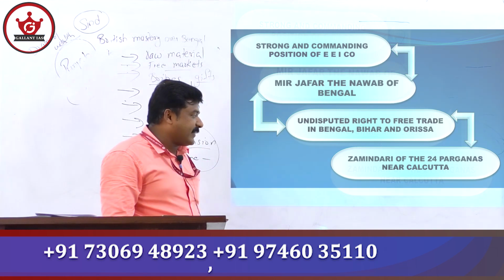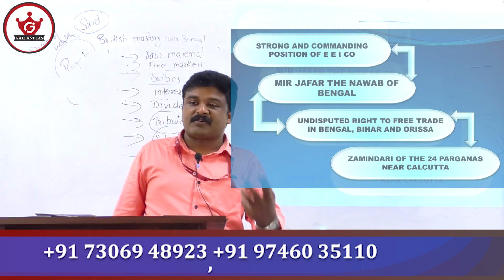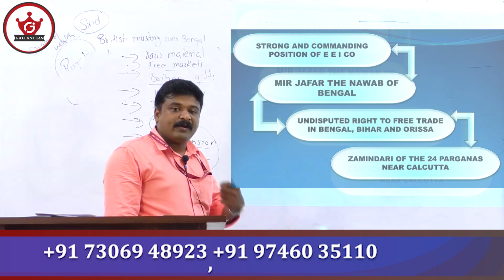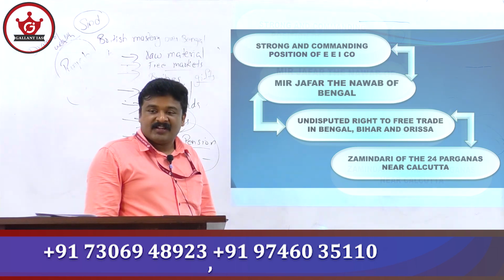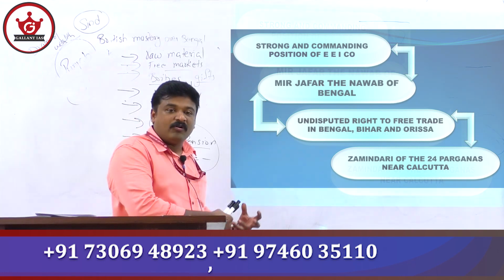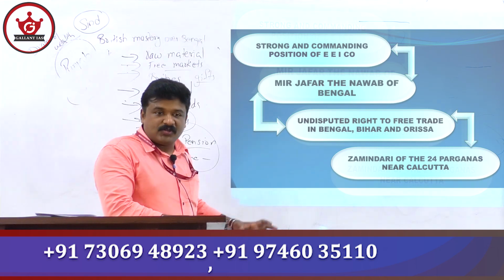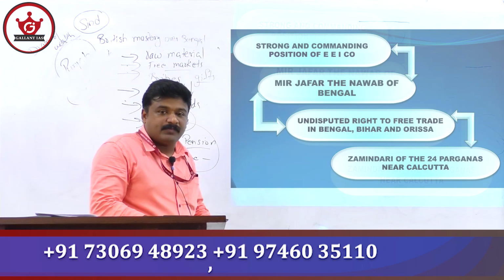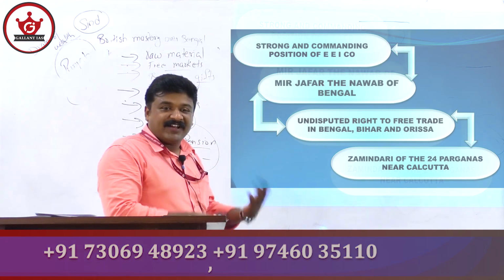Zamindari of 24 Parganas near Kolkata. Zamindari, I mean the revenue collection rights of the 24 revenue-bearing villages, was given to the British East India Company. They got the right to collect the revenue from 24 rich districts of Bengal. This is the beginning of how Bengal gradually became a famine state. The richest province of India gradually became the